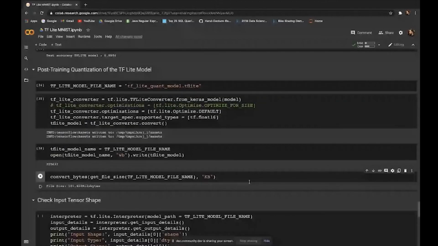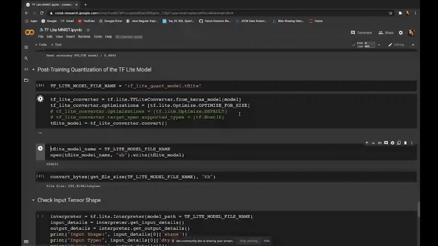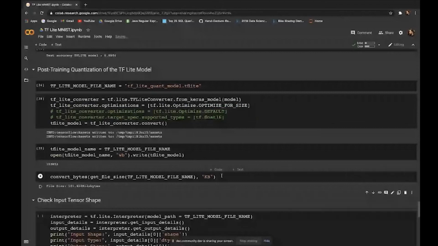Yeah, it is coming to 200. And if you comment this out, because you don't need this criteria and you want to optimize your model size, then you can run this again and get the TensorFlow Lite file. You can clearly see that it is 101 KB. It was 400 KB, and after quantization it is 101 KB.